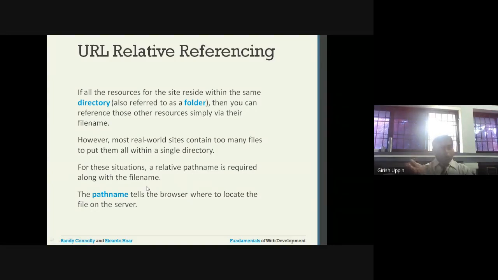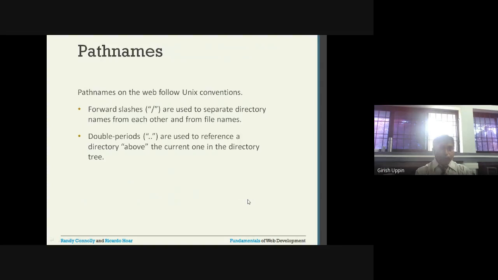So I told you the relative path is either from the root or from the current directory. The path name tells the browser where to locate the file on the server. What are path names? Path names give you the location of the resource you are looking for on our own server. The path is used in the Unix convention.